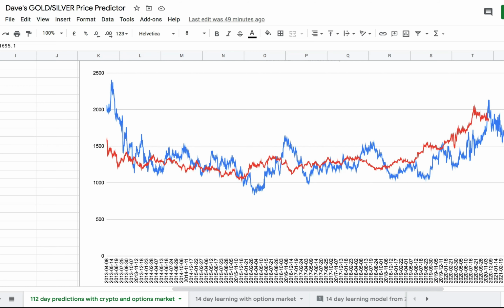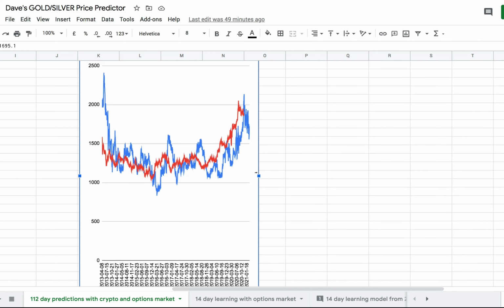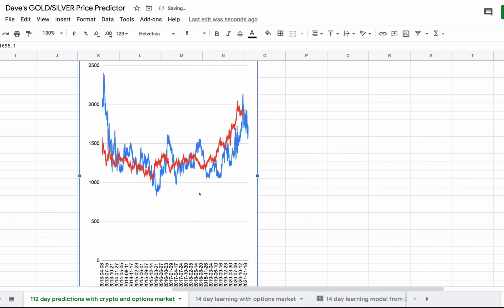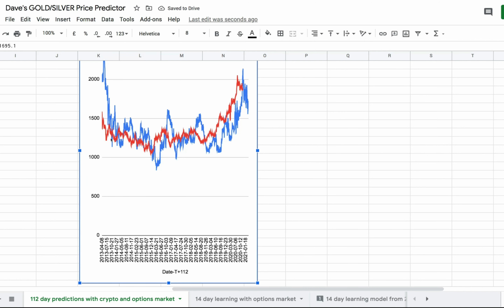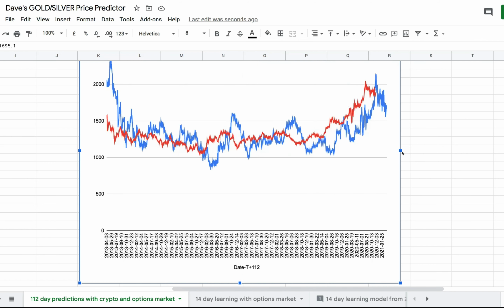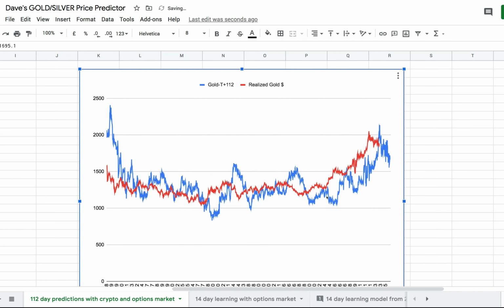Even if I decrease the size of this, you can see that we were pretty much in sort of a 4-year glut, and it didn't move very much, and it just was flat for a long time, and then it started moving back up a little bit. If you put the S&P 500 next to this, the S&P 500 will be much more volatile than what gold does, especially day-to-day.